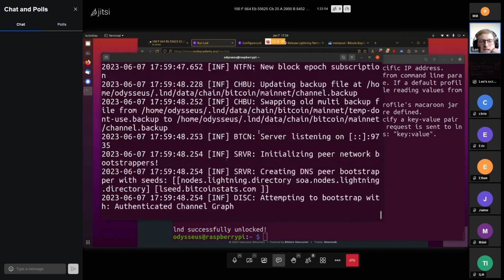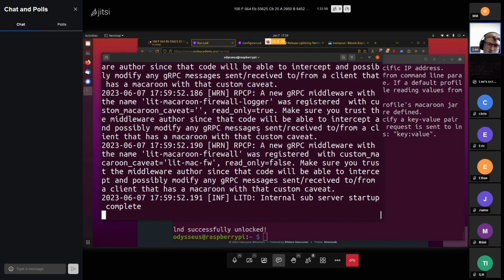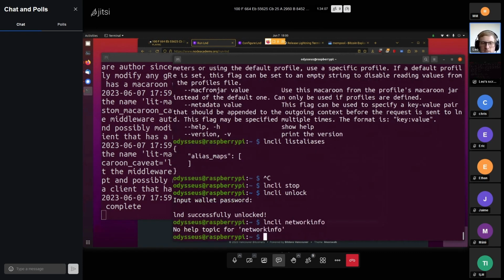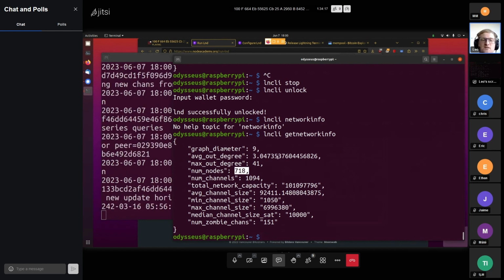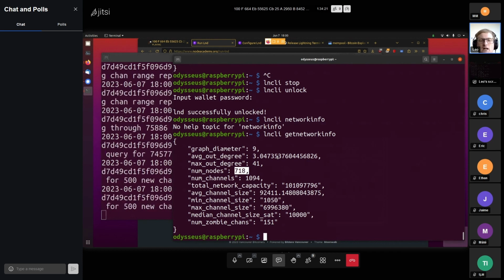Also it will check that it's still synced to the chain, and it will hopefully continue the sync. What was the command? Get network info. So you've seen it has now synced to 718 nodes. So the node knows about 718 nodes in the network and 1,000 channels. That's still going to take a while, but